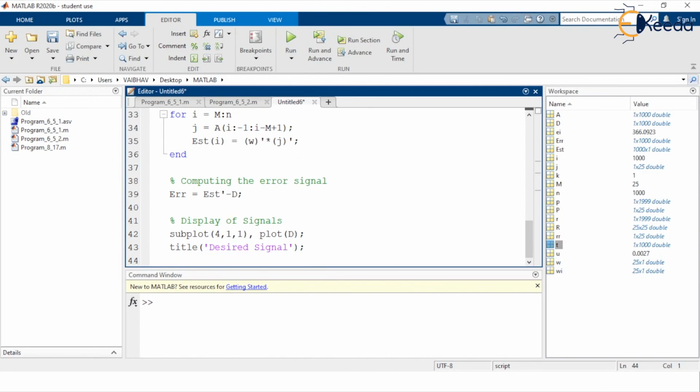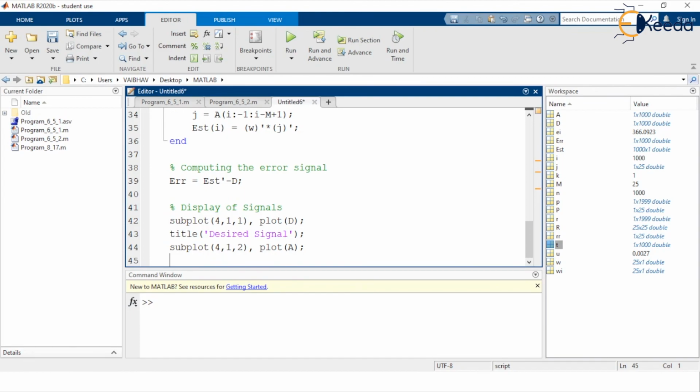Next we have the second cell. So subplot 4 comma 1 comma 2, the use of again the plot command, and this time the input argument is capital A, the actual signal, which is the desired signal plus the noise component. That is why the separate title to this second subcell is signal corrupted with noise, ending with a semicolon.